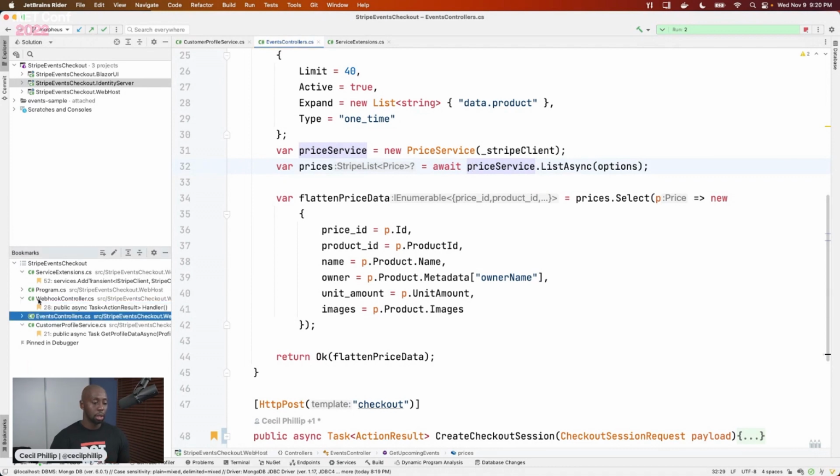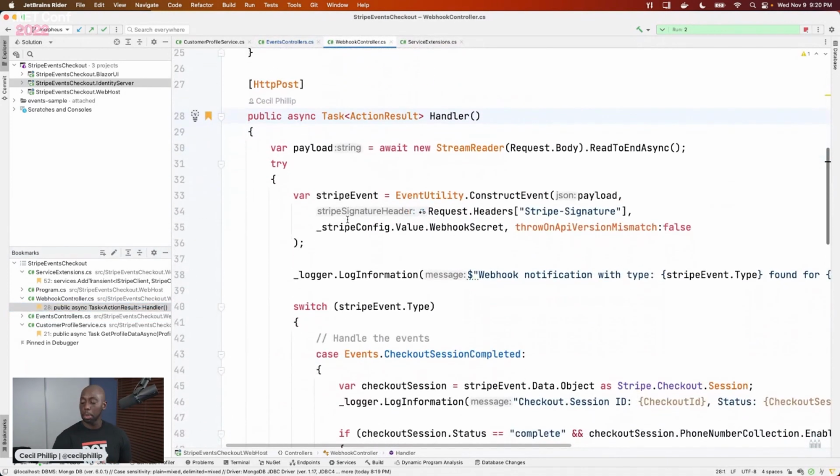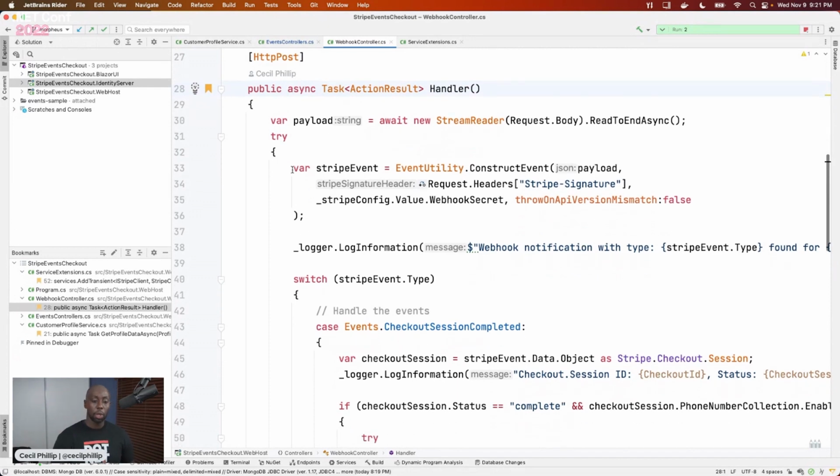So let's say, for instance, your payment was successful, or maybe your payment failed, or maybe the charge was successful, or a new customer was created. All of these are different types of events that happen within Stripe itself. Whenever these events happen, we fire off what are called webhooks. Stripe webhooks let you know asynchronously, hey, this thing happened inside of the system. One of the things we can do is create webhook handlers, just like a lot of other platforms do. What I'm showing here is an example of one of my webhook handlers.